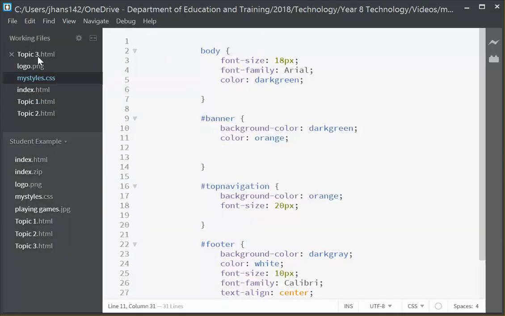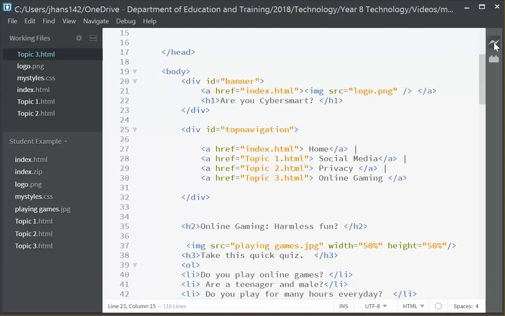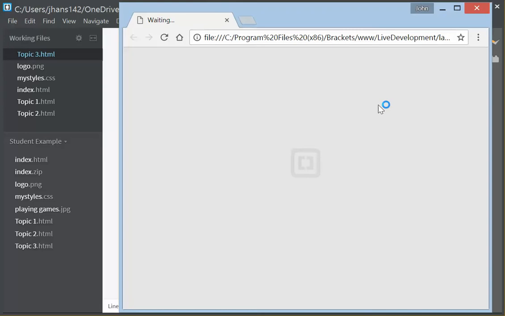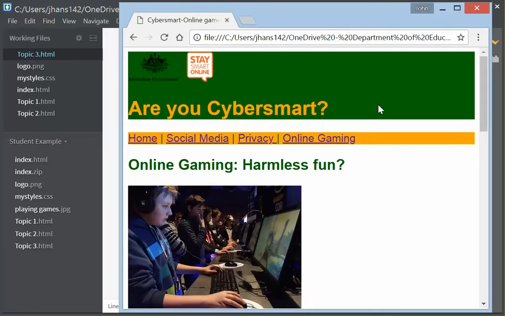I'm on my style sheet. I need to go on to the actual HTML page before I do the live preview. And there it is, there's our banner. Now it's not exactly what we want. We would like the text up here next to the image. A simple way of doing that I can think of, actually before I do that,